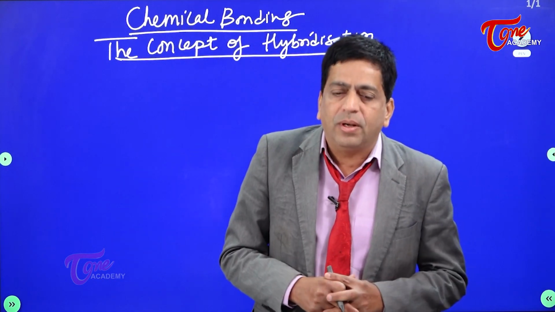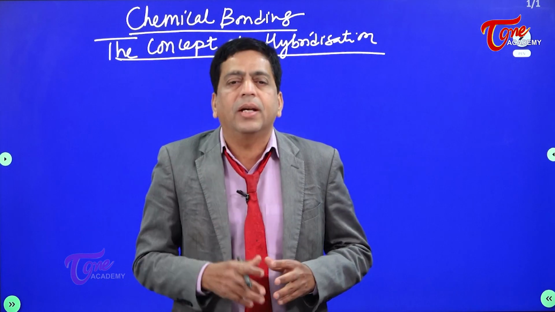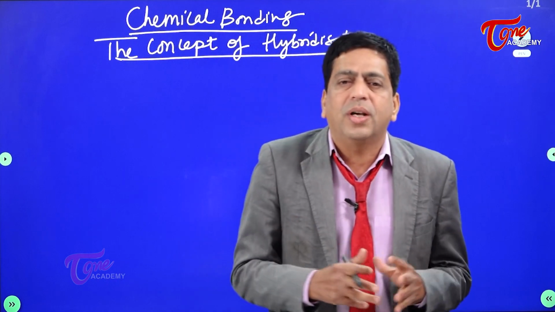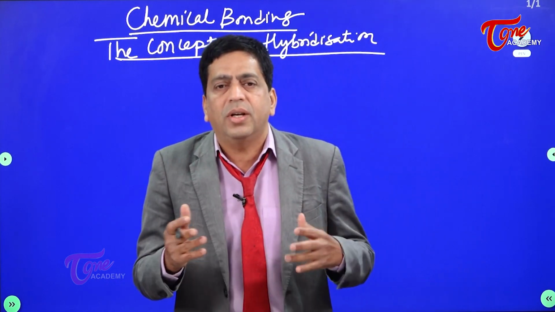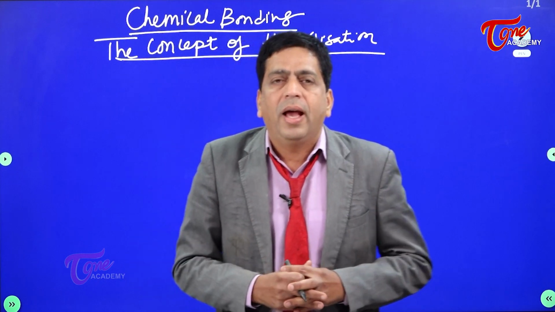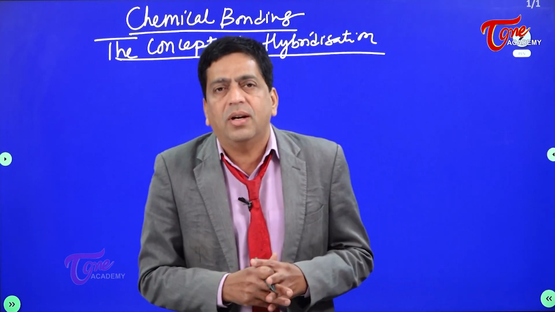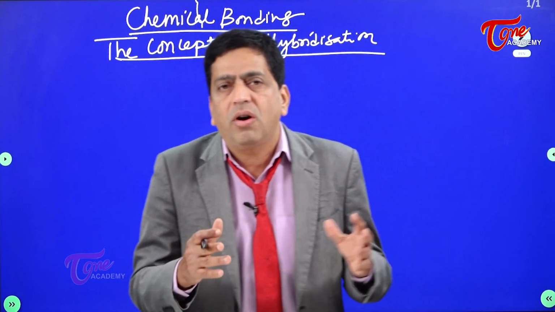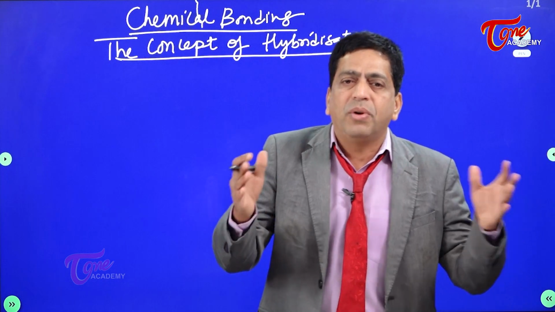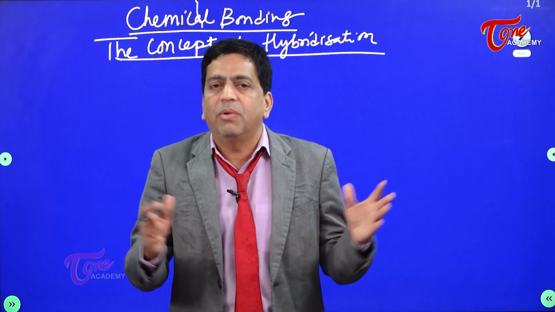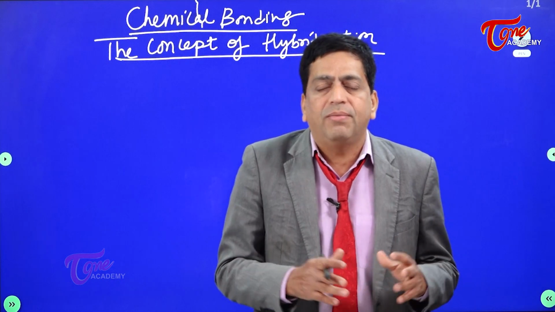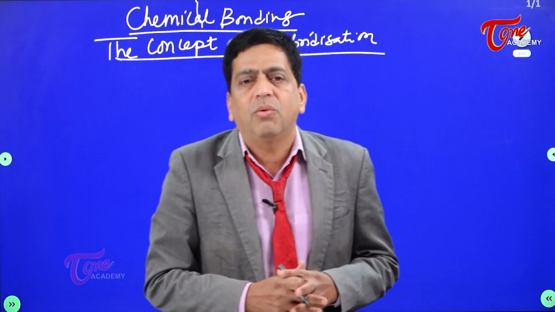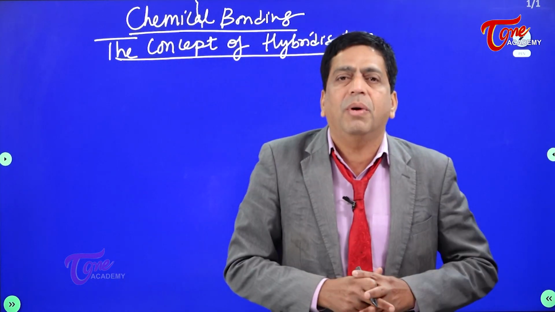It all started off with ionic bonds, and we were very convincingly explaining the concept of ionic bonding. And it was so convincing because you have oppositely charged ions, a cation and an anion, and there exist strong electrostatic forces of attraction. The strength of the ionic bond is derived from that strong electrostatic force of attraction that prevails between an anion and a cation, and everyone is convinced. And if there is any bond which is deriving strength by default, it's nothing but ionic bonding, at least for the explanation purpose. Right?